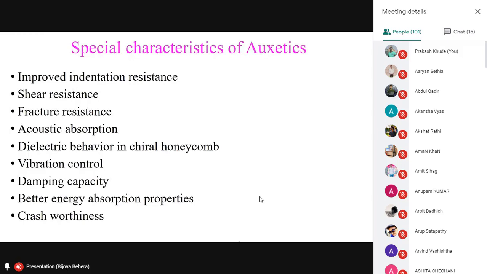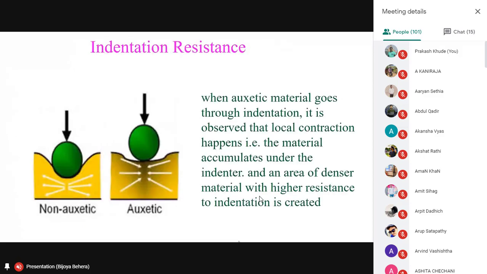So we try to exploit these characteristics in textile for different applications. So these are the properties. When I come to applications, it is not possible to explain for each application how these characteristics are really exploited, but definitely with a few examples I will explain how these properties are exploited for different applications in textile fabric.